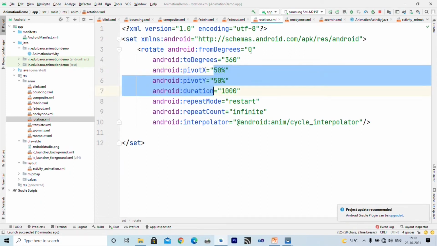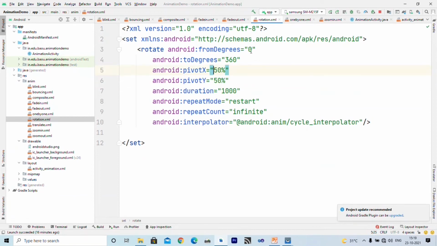This is the center point. 50% means the center of the image. So it rotates from the center of the image and duration is 1 second. Repeat mode is restart and we want to repeat for infinite time, and this is the interpolator that we have used earlier. So this is all about rotation.